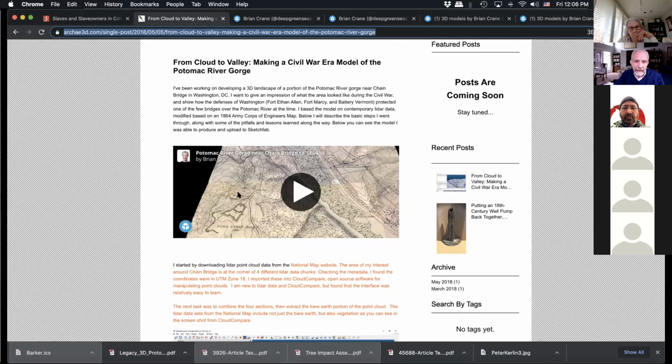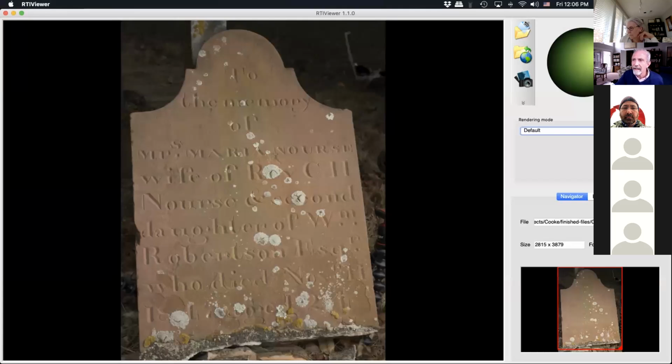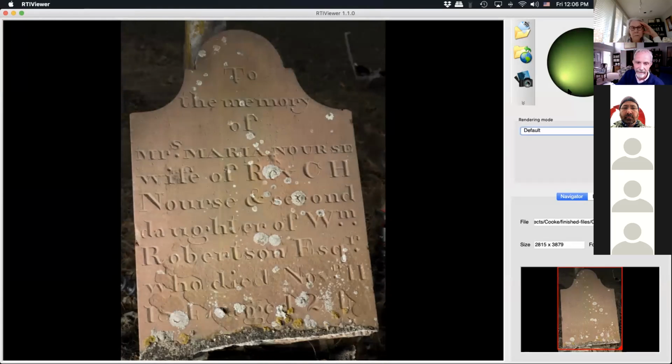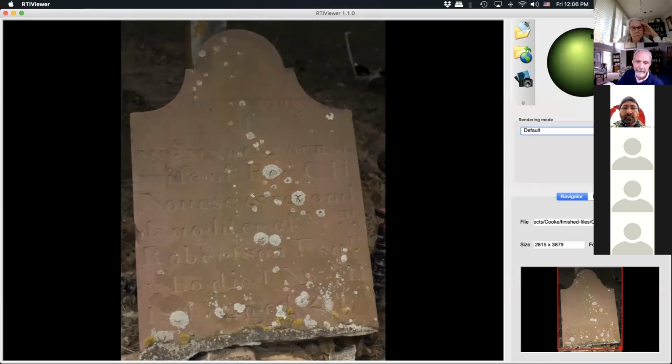Let's see, I'm just sort of jumping around here. So someone asked about reflectance transformation imaging, RTI. Here's an example, another headstone from the Cook family burial ground in Montgomery County. With RTI, you've got the camera fixed, but you move a light source around from different angles. And then the software, it's actually free software, allows you to create a single composite image,